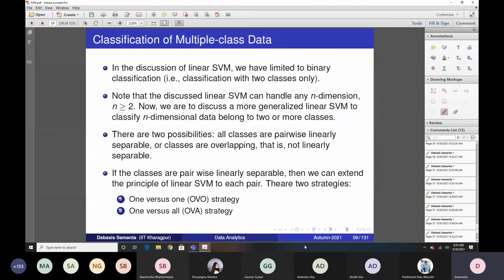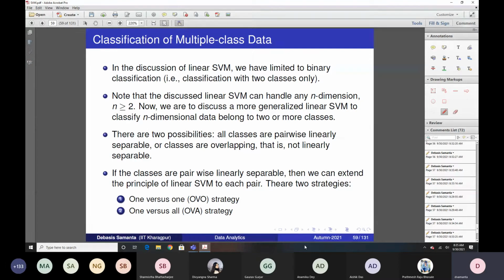The problem is that many real life data that need to be classified do not necessarily belong to binary class data. That means there may be data with more than 2 classes, right? So this is the problem, therefore the multi-class classification problem. Now the question that arises is, how can we solve the multi-class classification problem, or how can we build a model for multi-class data classification?